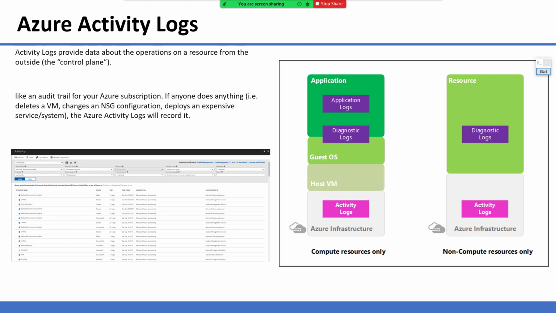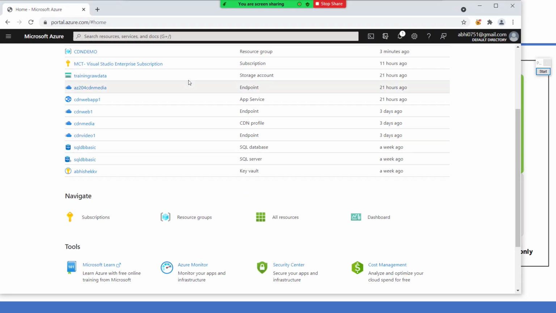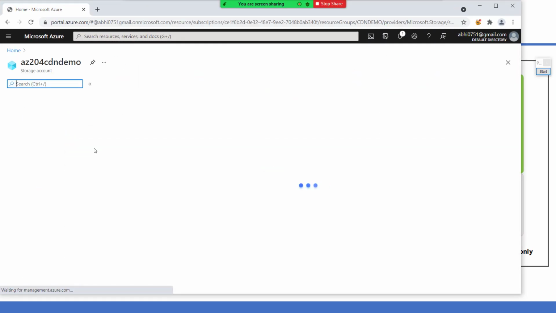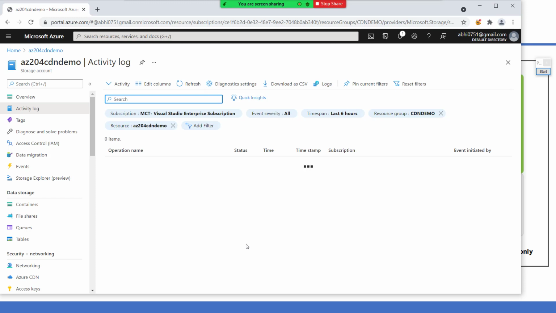So Azure activity log. Azure activity logs provide data about the operations on a resource from the outside, right? Meaning what kind of operations have been done on a specific resource. How can you see that? Suppose we are on this particular storage account and I would like to see the activity log. I can see the activity log from here and I will see all the activity log, right?